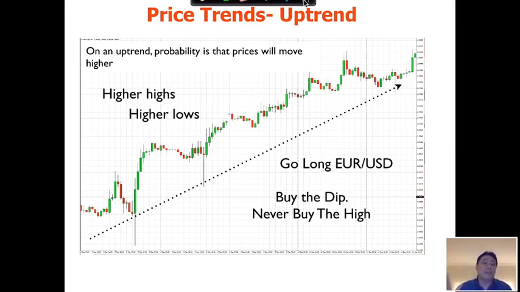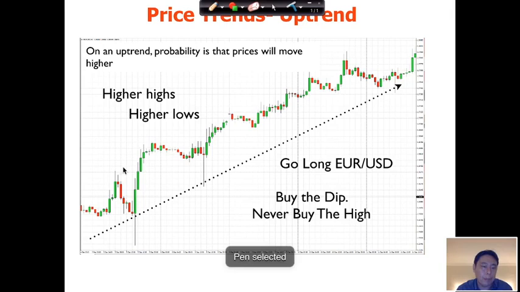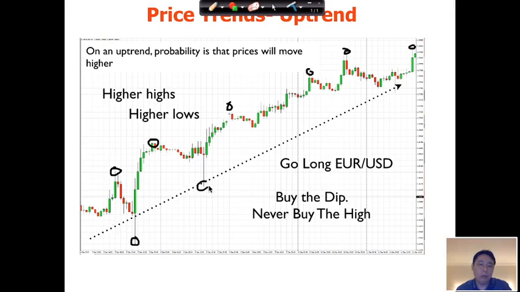And the first is known as an uptrend. An uptrend is a situation when price makes higher highs and higher lows. So over here you can see a clear uptrend where the price makes higher highs. So these are all the high points, right? Higher highs. And it makes higher lows. Higher lows. There we go. So on and so forth. Higher highs and higher lows, okay?